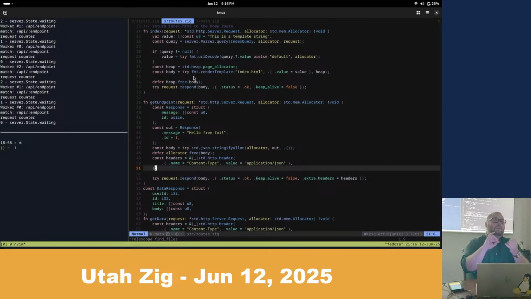And so, wait, sorry, I skipped. There's also ASGI. So there's the WSGI interface, then there's ASGI, then there's whatever framework you're using, and then there's your actual logic. Most people, when they're talking about Python apps, they just say Django or Flask. Yeah, so Django sets up a lot of that stuff for you, but it's still there. And then if you're using something like Flask, you have to set up all those things. And it's somewhat similar if you're using Node. It's not as bad, but there are still a lot more layers before you actually get to your real logic than you get with something like this or writing it in Go.